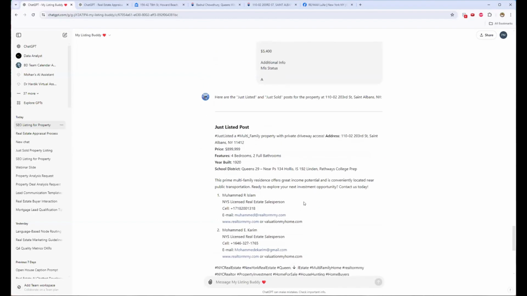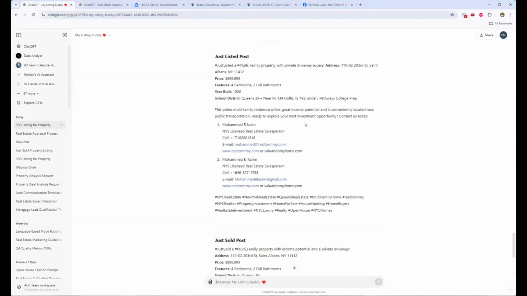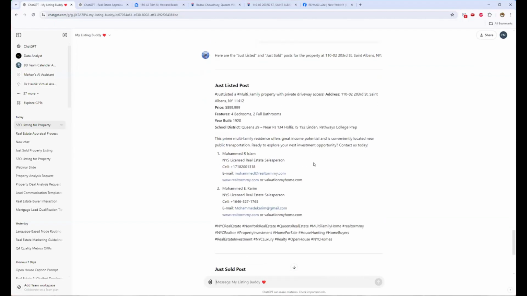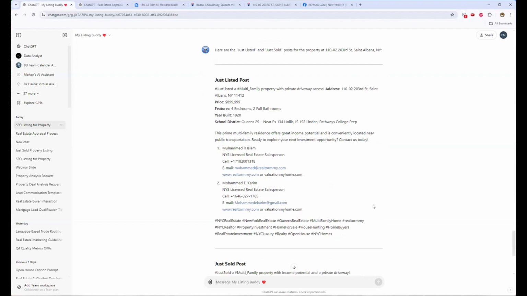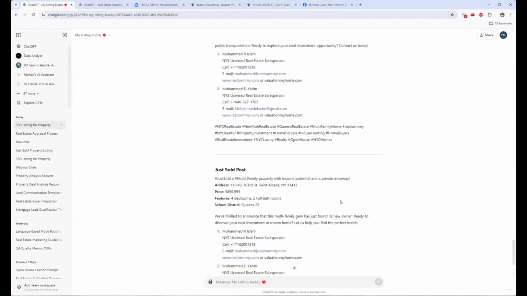And as we see, it's able to create the kind of post that we want, and it's able to pull information from our prior posts. So it's able to mimic the way that we personally would address and present our brand.